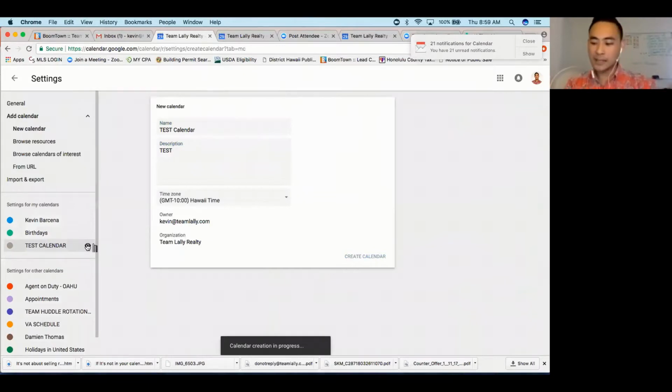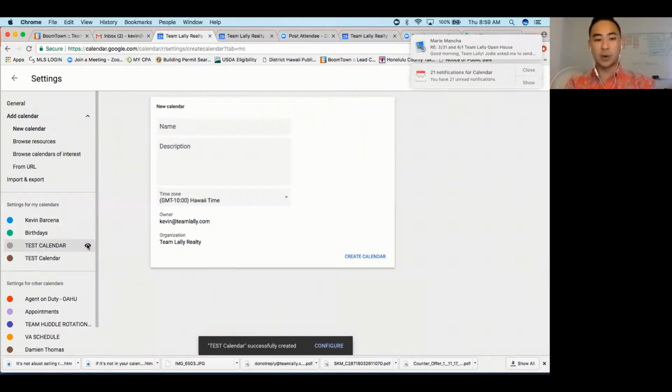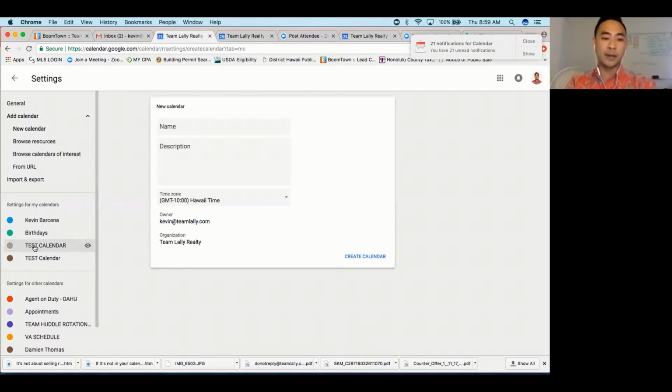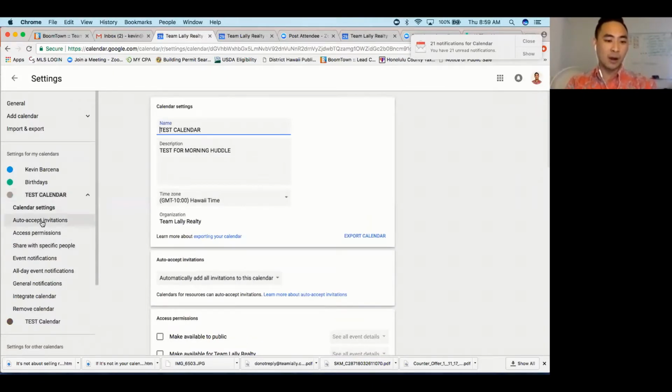You notice this little eye symbol. If I click on that, the visibility is gonna go away. It's pretty much gonna be hidden. And if I unclick, everybody can see it. But before everybody can see it, I have to set it up that way. So what I'm gonna do here is I'm gonna click on the,